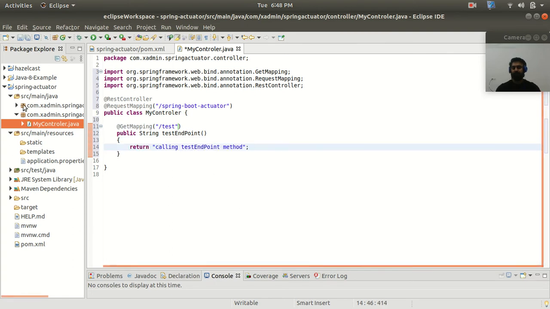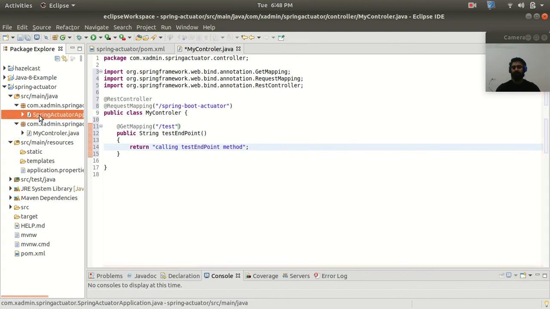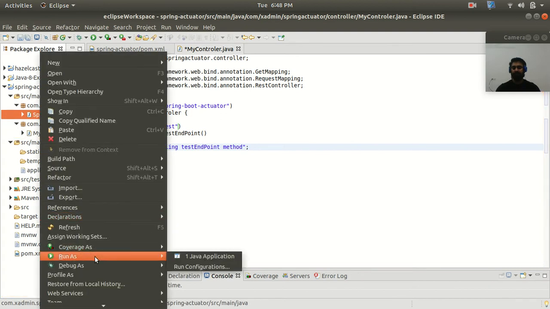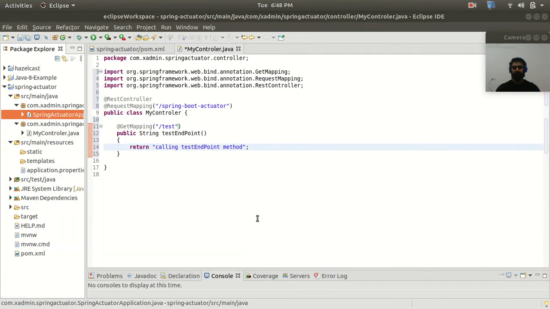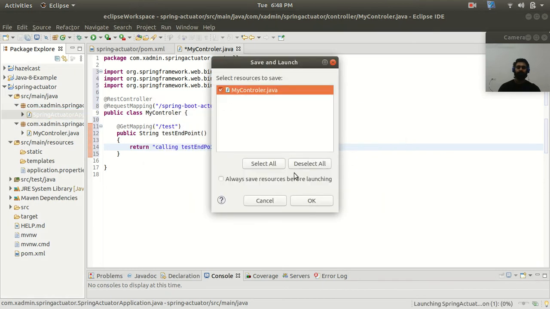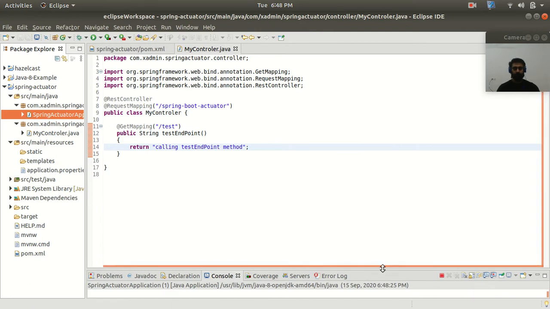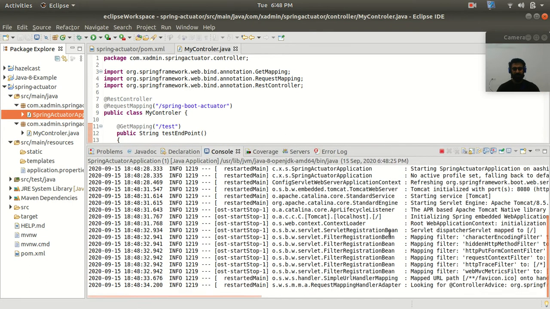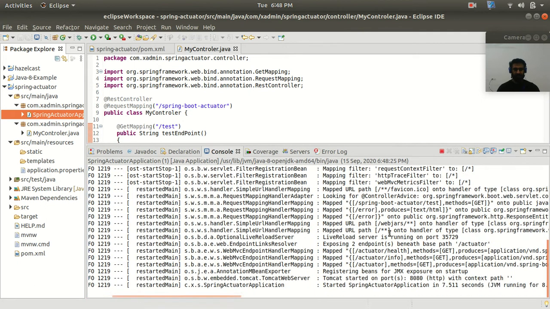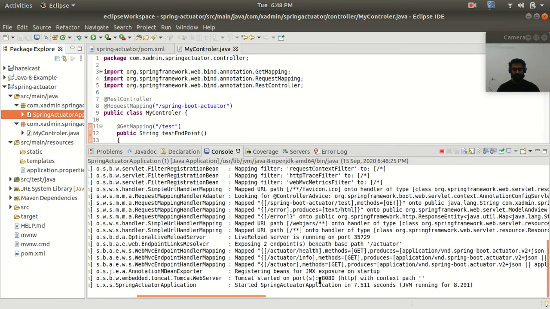Now let me start my application, or run as a Java application. Now our application is running, and you can see that it started on port number 8080.